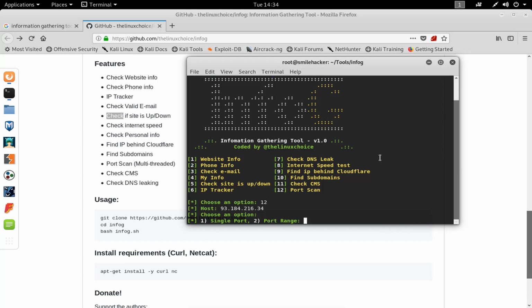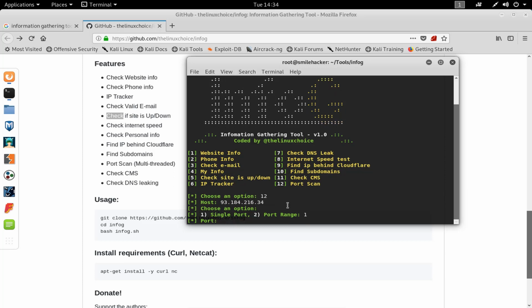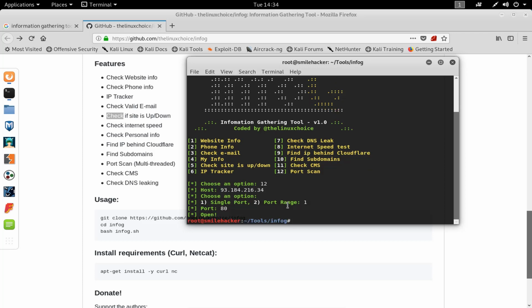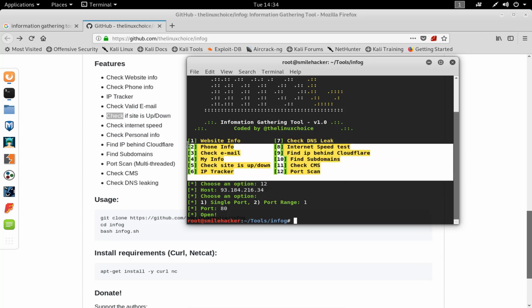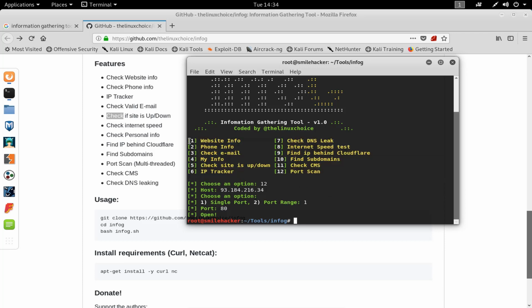For this example, we are going to scan a single port to see whether it is open or not. So, 1. Define the port number. I am defining 80. Is port 80 open or closed? Yes, it's open.